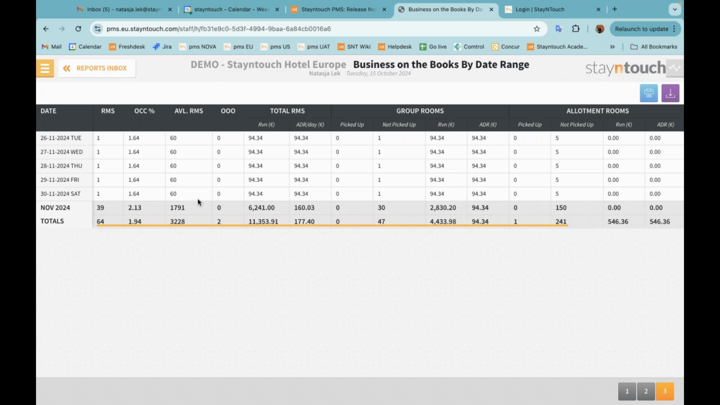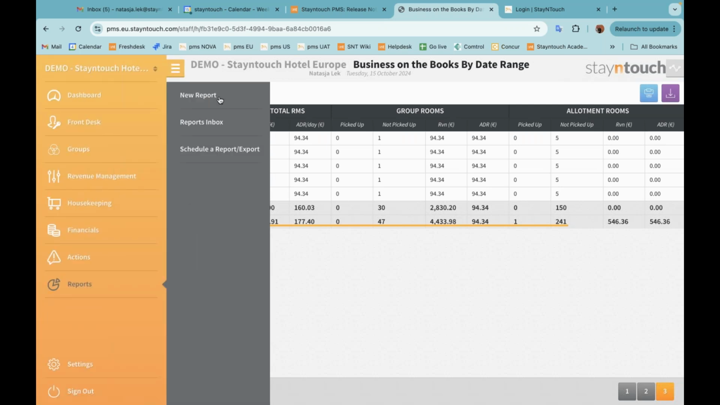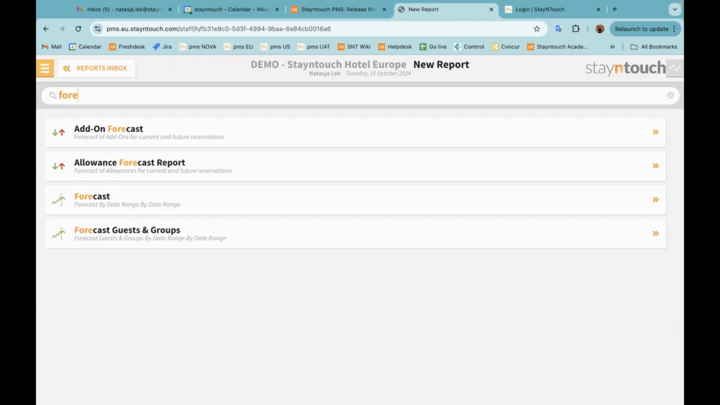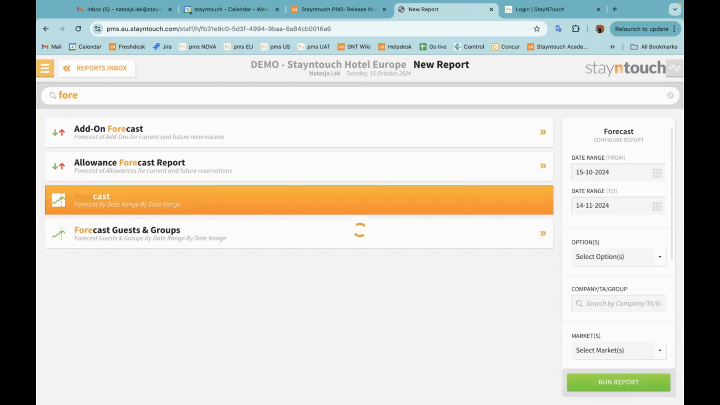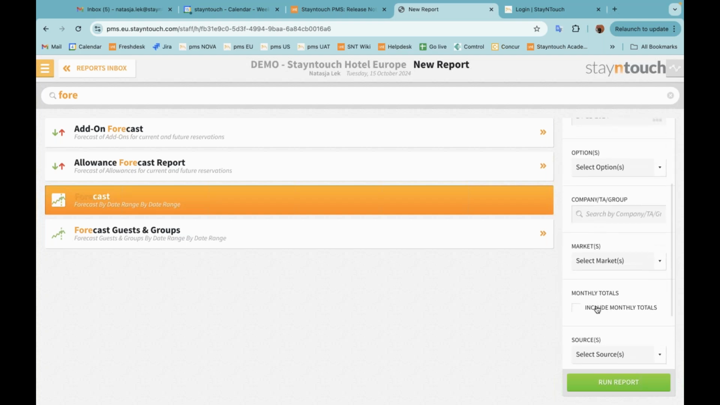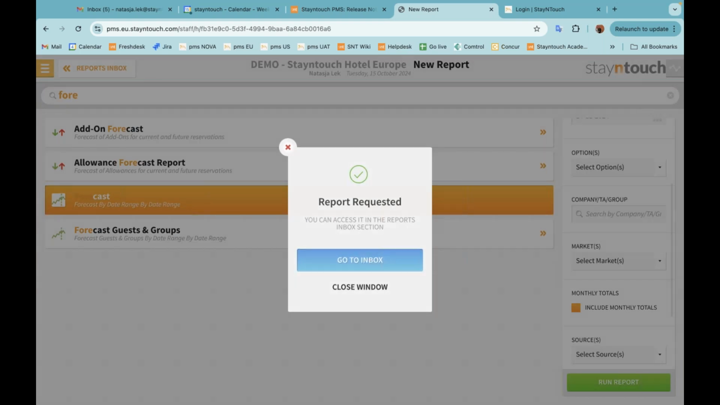The same information is also for the forecast report. So if I pull up my forecast report here, you can see that this date range covers the month, so I am able to include my monthly totals. This is the filter that we can select for that. And when I run my report and I go to the inbox,